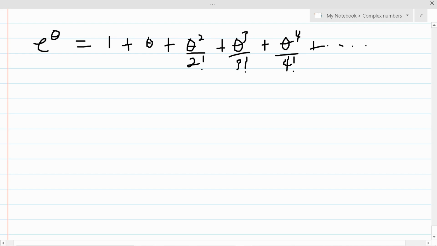And we know that cos theta, from Taylor series, is always equal to